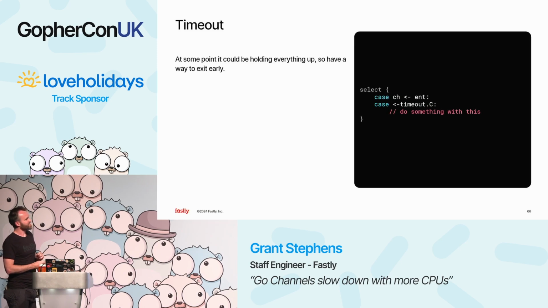This one might be contentious: having a timeout for when you're sending messages. I don't know if anybody else does this, but if you have a blocking piece of code that is waiting to send a message on a channel, what happens if it can't send that message? Are you blocking all your other requests before that?